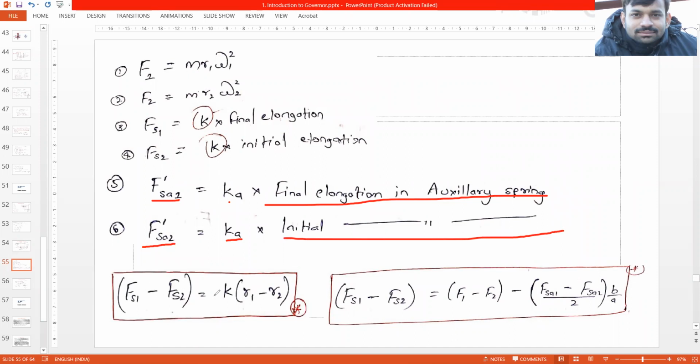So again, with the help of geometry, we'll get Fs1 minus Fs2 is equal to K into R1 minus R2. This is how this equation comes, we already saw in case of the previous two governors. And another equation, when we write the moment about this